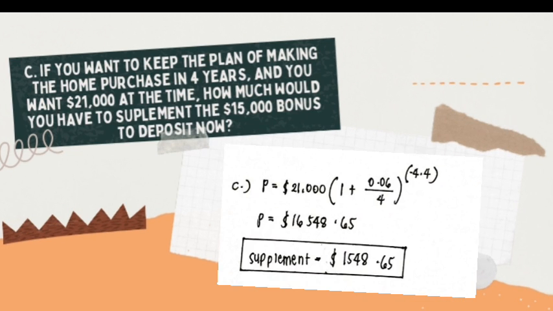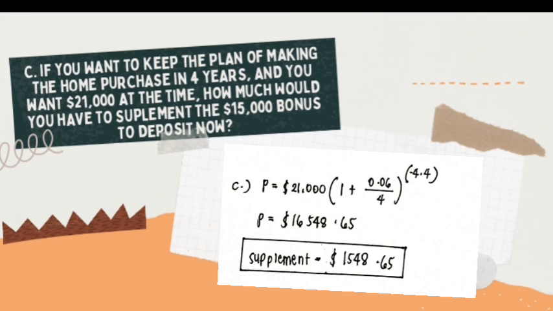Letter C. If you want to keep the plan of making the home purchase in 4 years and you want $21,000 at that time, how much would you have to supplement the $15,000 bonus to deposit now? So solve for P. P is equal to F times (1 plus 0.06 over 4), the interest rate over the number of times per period that you compound, raised to the negative 4 times 4. Because we swap around the direction of the calculation,